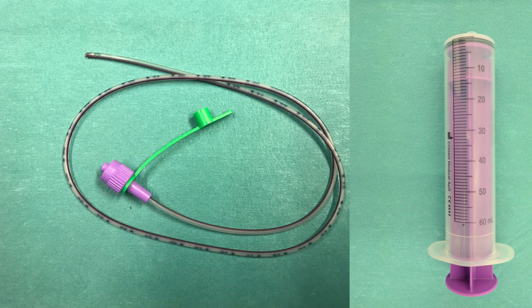I'm a big believer that prevention is better than cure, so in general I try to prevent this rather than wait until it's a problem to intervene. And again, if you're struggling to ventilate your patient, check, have you got your NG tube in? Have you actually aspirated? Because the number of times I look at the first x-ray that's been done, and it's good, yes, there's a nasogastric tube in, but there's also a massively distended stomach bubble. So somebody's put the tube in but hasn't aspirated it, and that big distended stomach can splint the diaphragm and